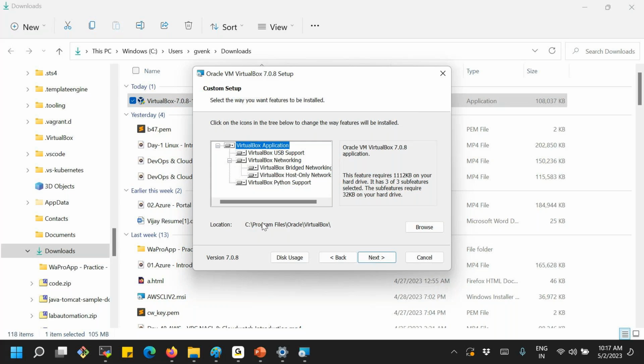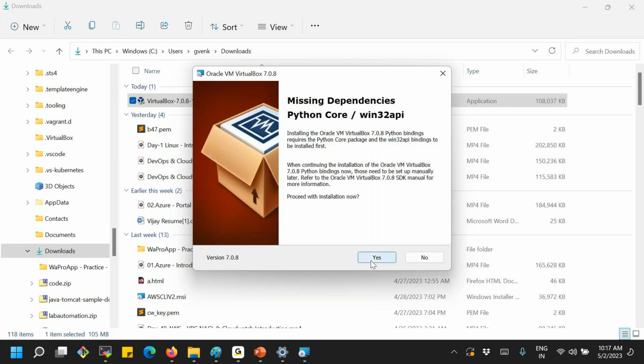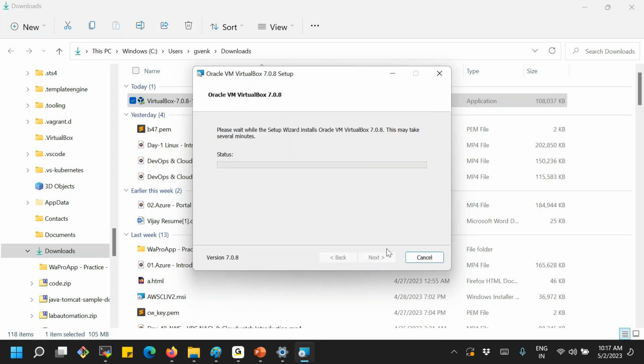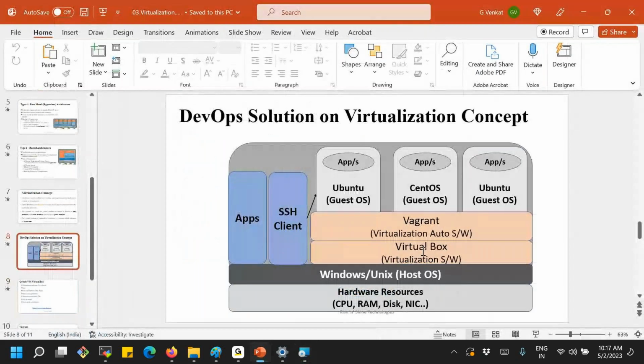Keep the default location, no issues. Network interface, that's fine. Click on yes. Missing dependencies, Python, okay, fine. And finally go ahead and install VirtualBox. This is the first software, before launching the virtual machine.